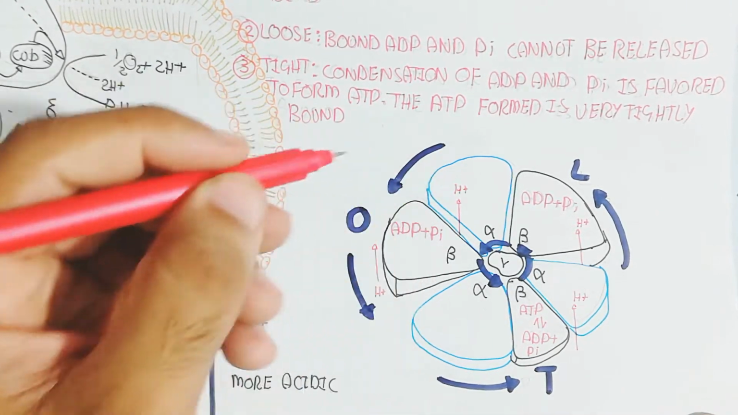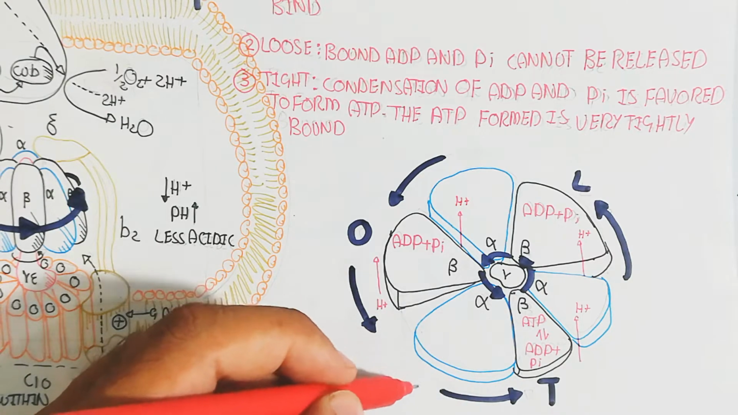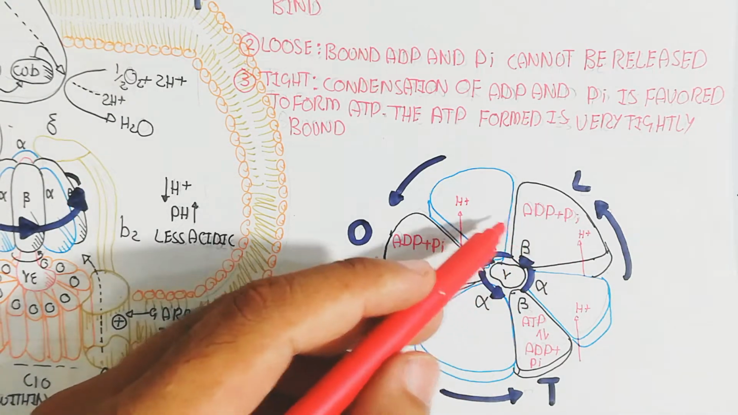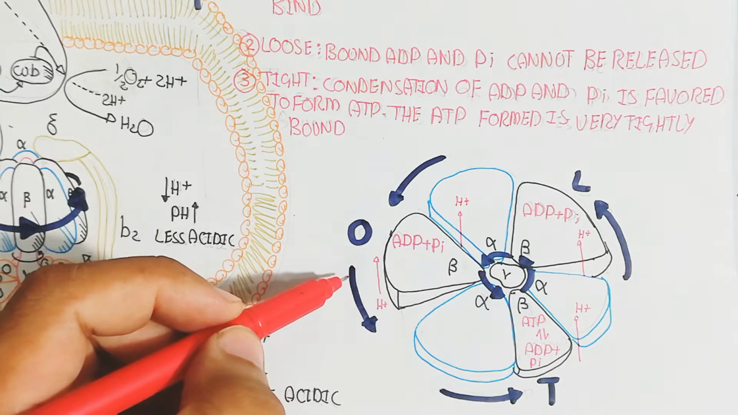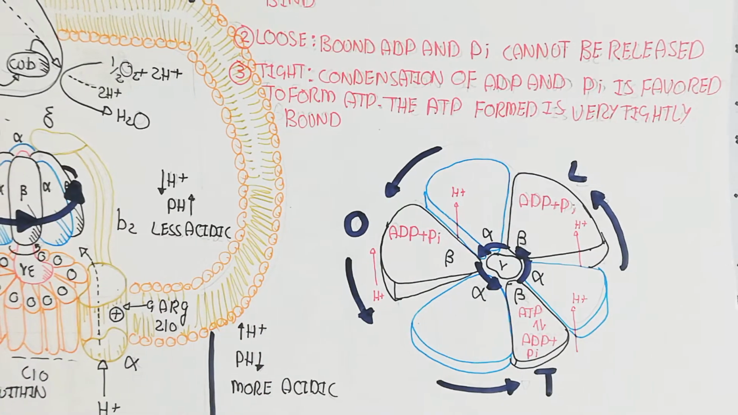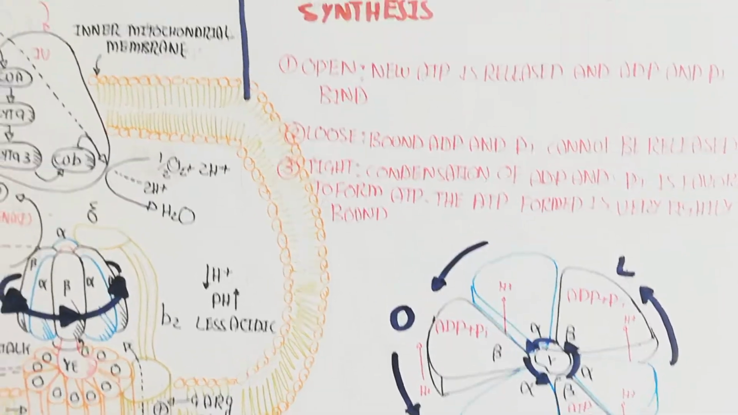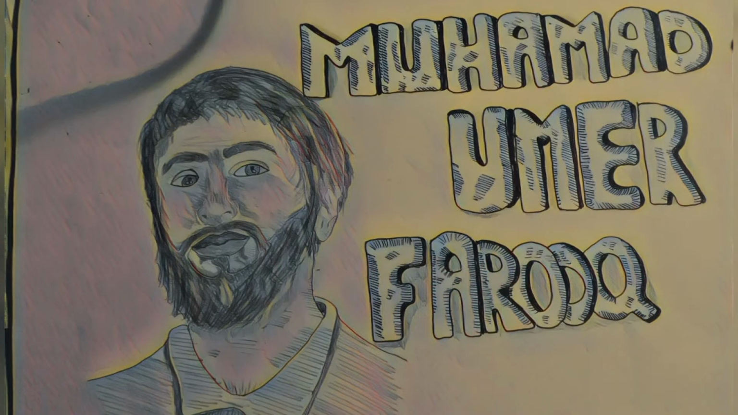So, the rotation of the gamma subunit inside the F1 particle is actually what rotates, while the outer part stays fixed. But remember that this rotation will cause